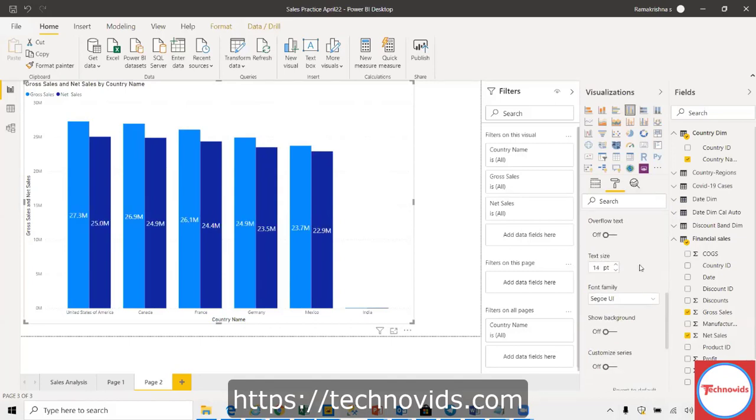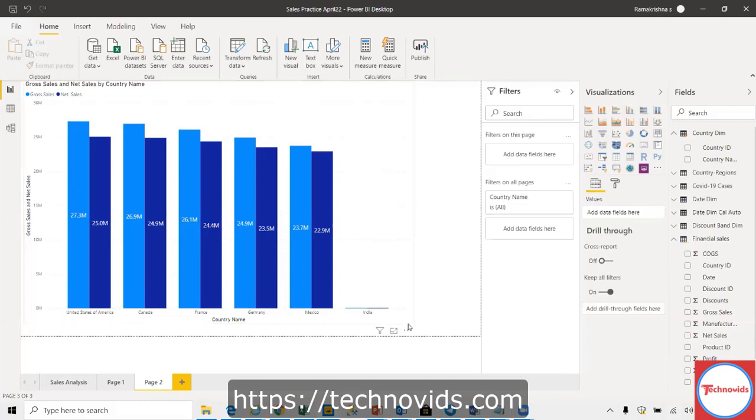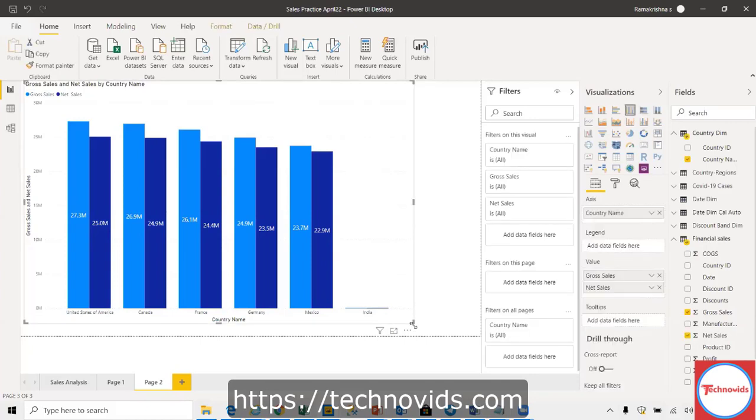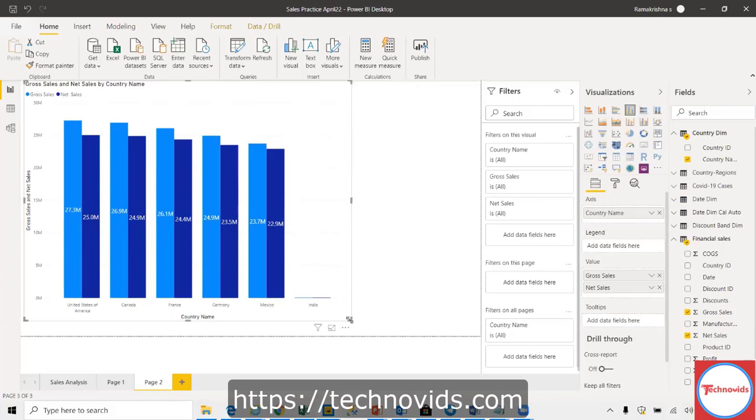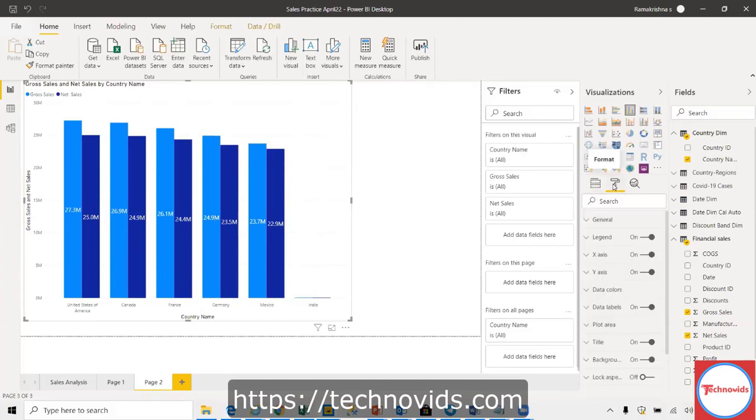So now it's able to take 14 because I have already enlarged the visual. It is already giving me an indication because of my report size, the visual size, it is not able to display here. I think when it's here, it is able to display the size. But this is the way you can display the values. So now it is available to the user, even though I sent it in a mail, correct? So it is still available to the user.